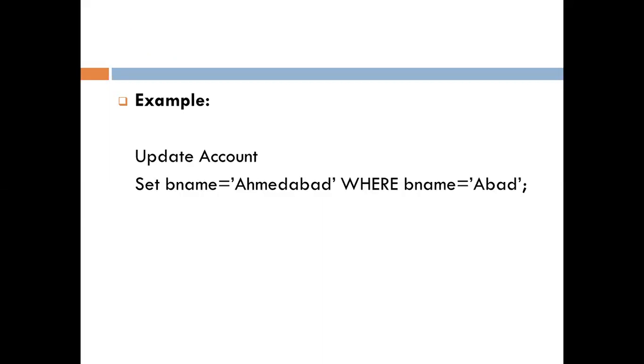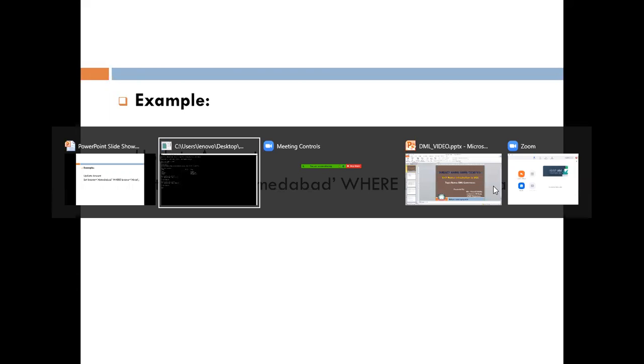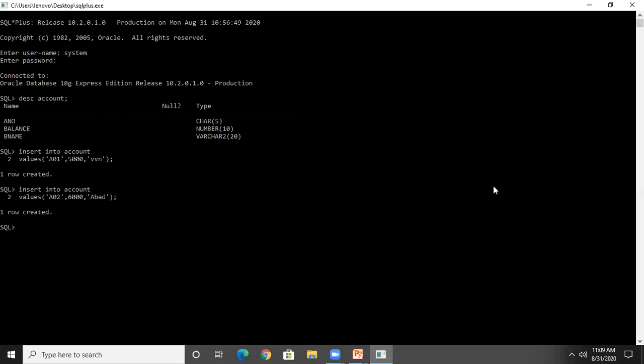We will see it practically. Update. First, we are updating all the values to Ahmedabad. Update table name, account, set keyword we are using for setting a new value for a column, set B name is equal to the new value we have to pass.